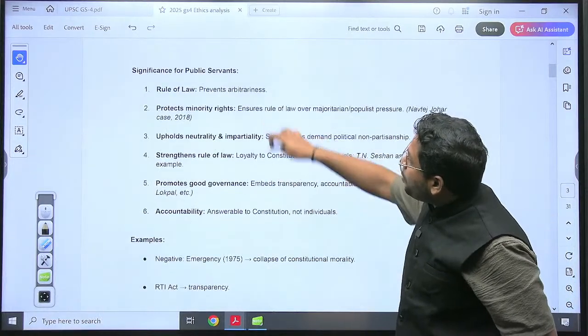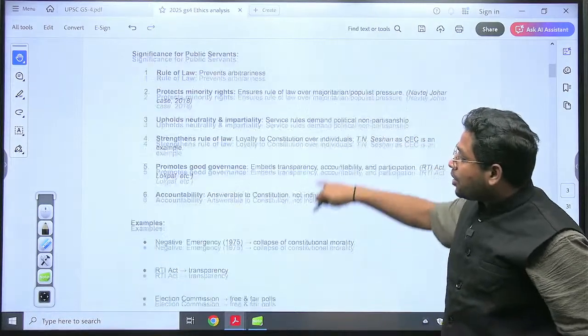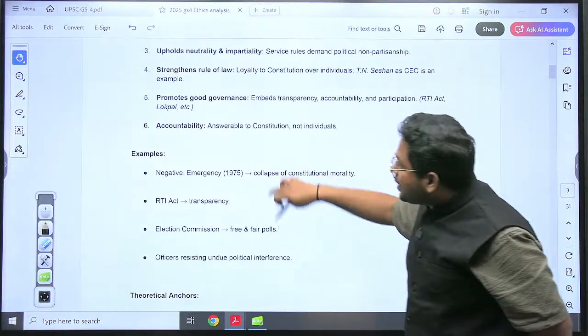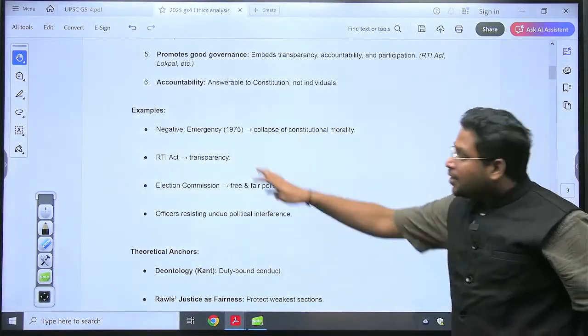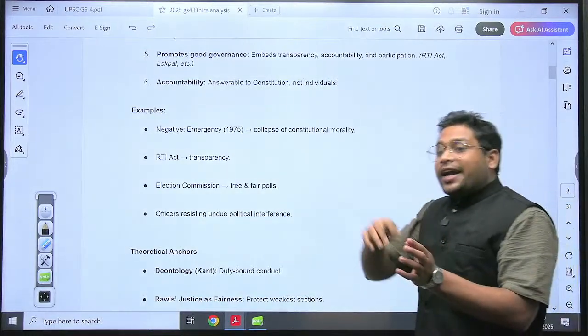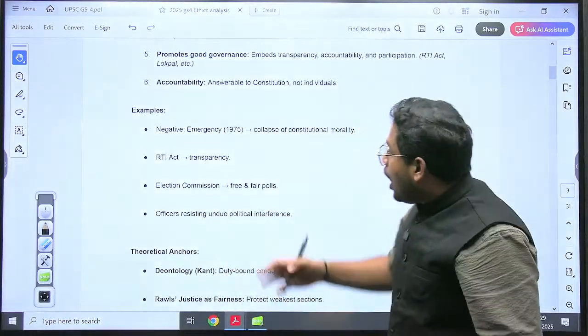So that's how you talk about the significance, that it will ensure rule of law, neutrality, good governance, accountability. Bring some examples. When you are talking about this good governance, accountability part, try to bring some examples. Negative example can be given, positive can be given. If you don't adhere to constitutional principles, how it may go wrong, and if you adhere, how it may go